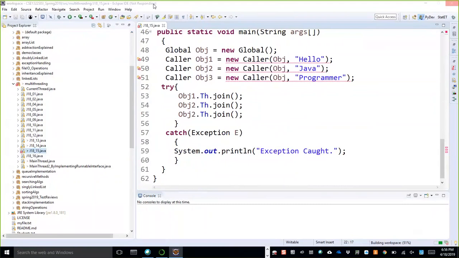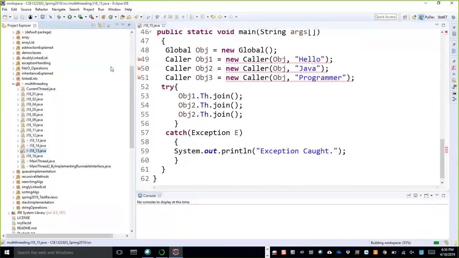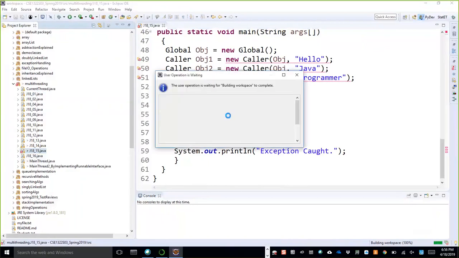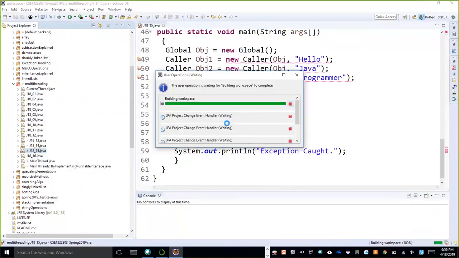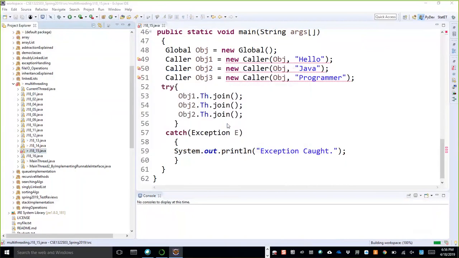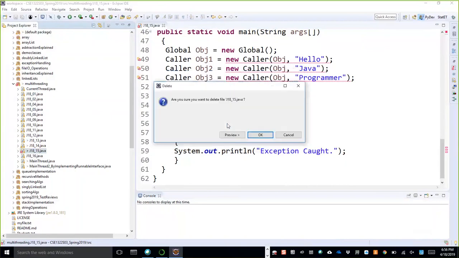Okay, let me delete this program. I don't need this actually. I would like everybody to please start reviewing from test 1. You will get similar questions from test 1, test 2, and test 3.